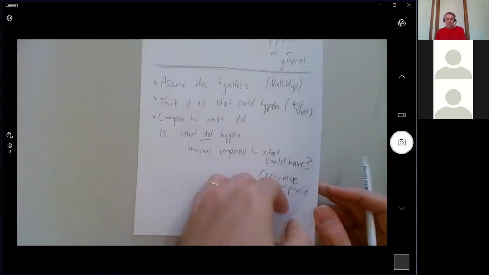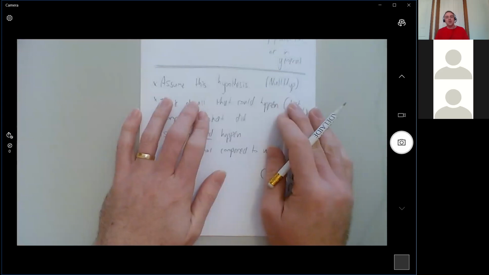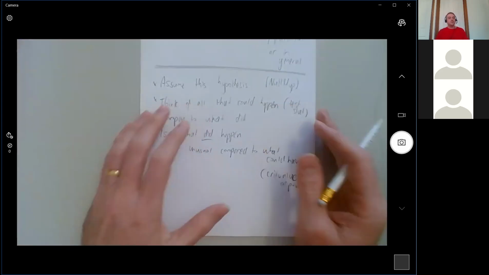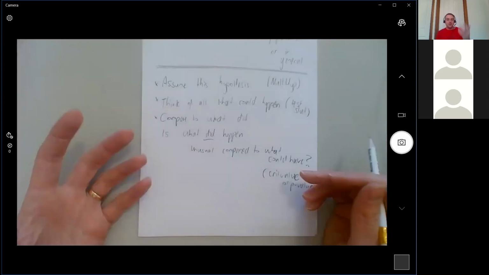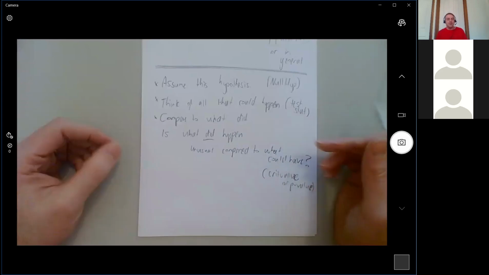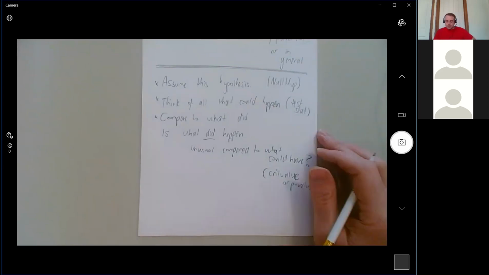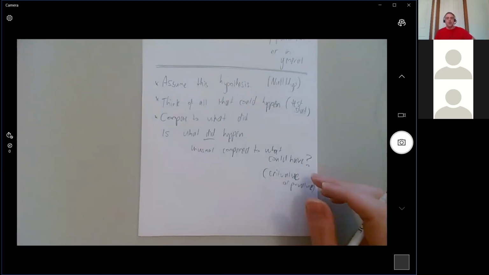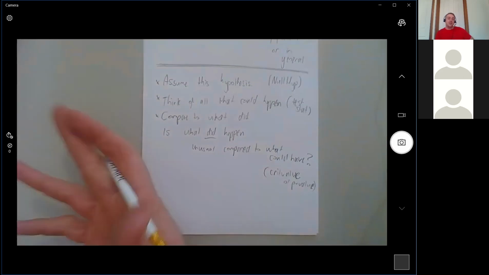Okay, so this is the idea, and all the things that could happen is a probability thing. So the classic is my ice cream thing, where you collect 20 of them off the production line, and you measure the amount of fat that they've got in them, and there's an average, right? Maybe you got an average of 20 grams of fat per 100, and your packaging says that it's supposed to be